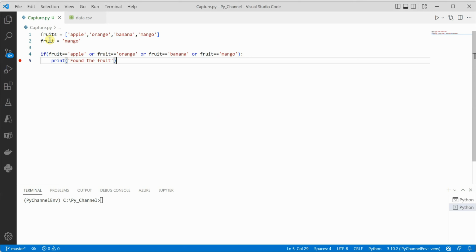So I have already written a few lines of code here, and I have a fruits collection which is holding multiple fruits, and then a variable fruit which is holding just one fruit. Now what I want to do is check whether this fruit is part of this collection or not. So the simplest, traditional way to achieve this is to put the if condition like this,